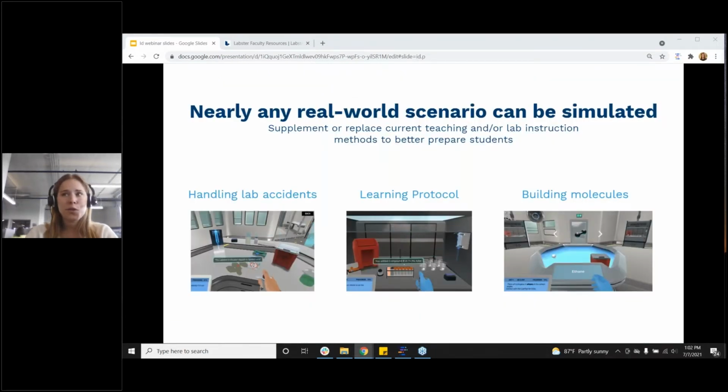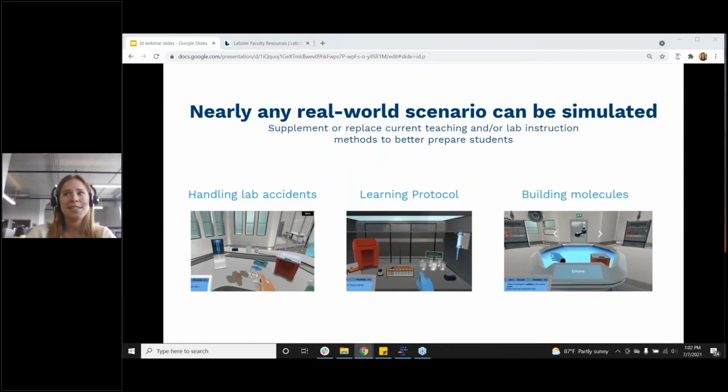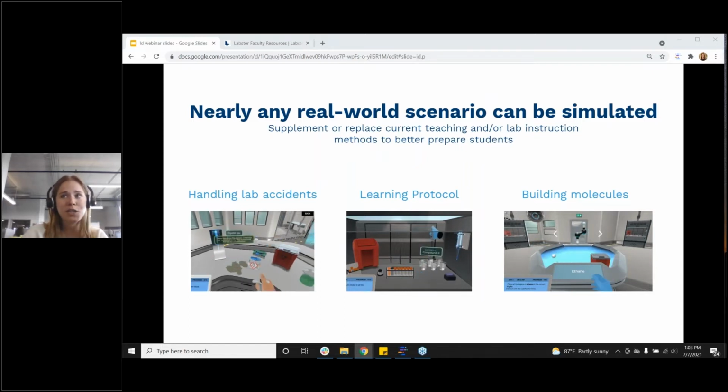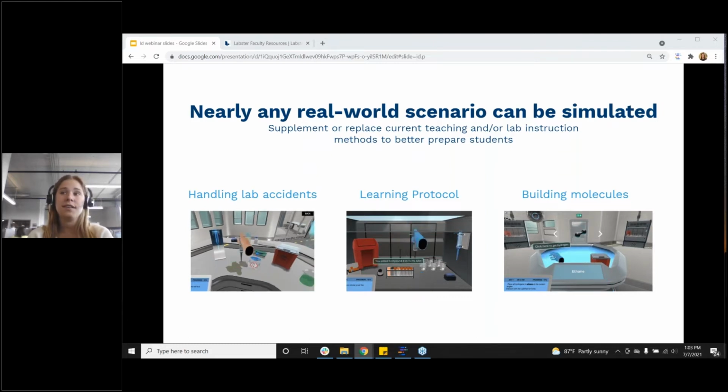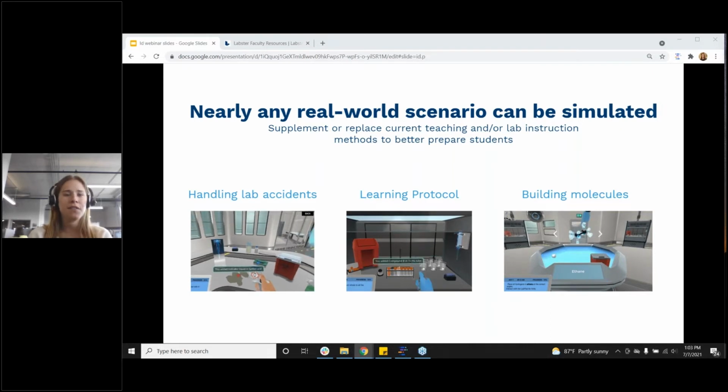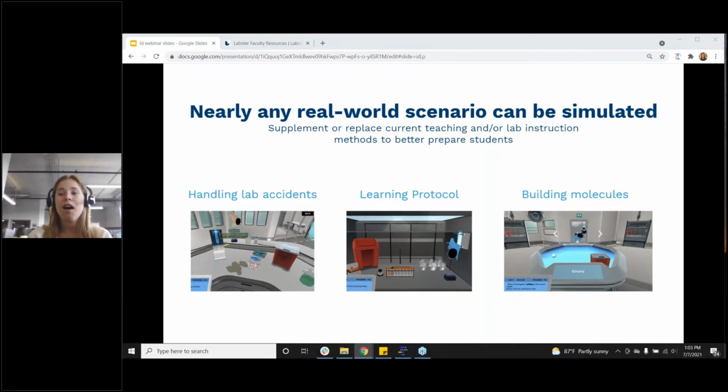So as we continue to grow, we realize there are a lot of different ways that students will be able to benefit from the simulations, and nearly any real world scenario could be simulated. And that's lab safety, mastering techniques, and seeing things that you maybe cannot really see in the real world. So they give students the ability to walk into a $1 million lab and try, make mistakes, and experiment in a safe, cost-effective environment on their own.